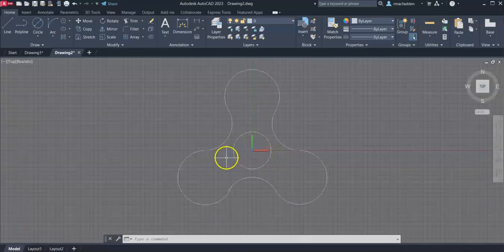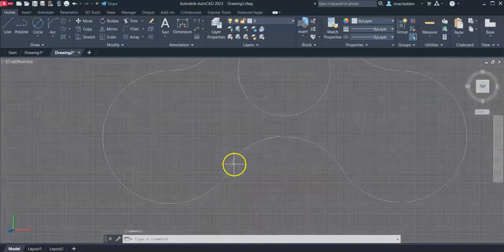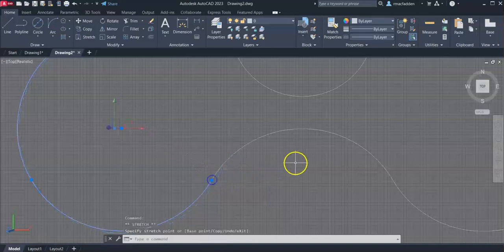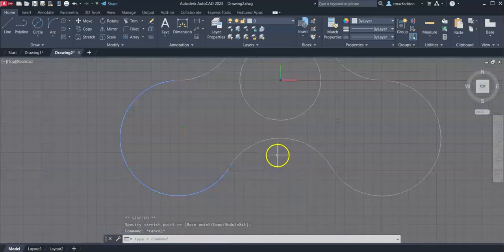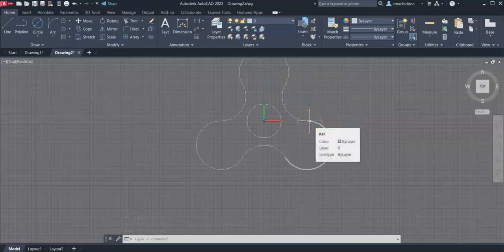spinner has been formed. I'm not going to use a bunch of bearings, so often designs will have a bearing in the center that it rotates around and then bearings on the outside. This design would lend itself well to that, but we're actually going to go, oops, we had a little mishap here, fix that up. We're actually going to go ahead and measure this out for some bulk